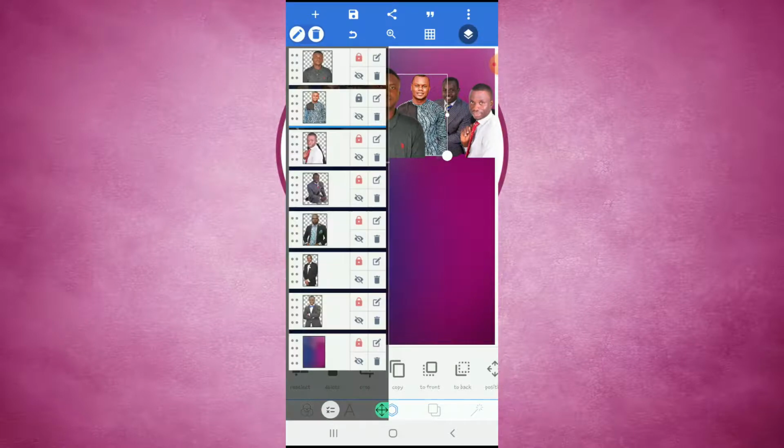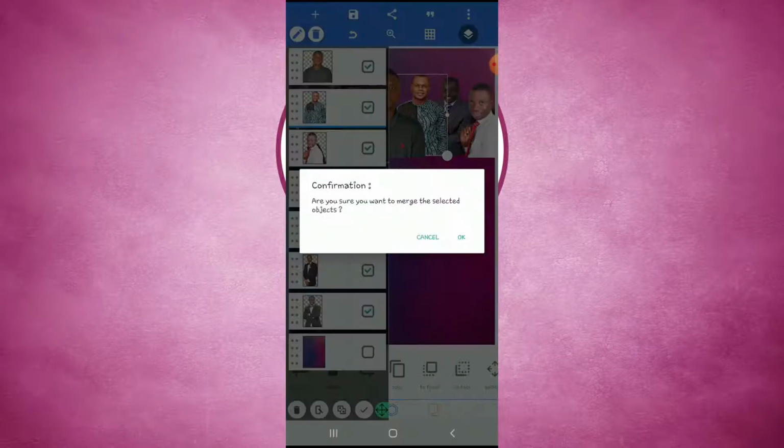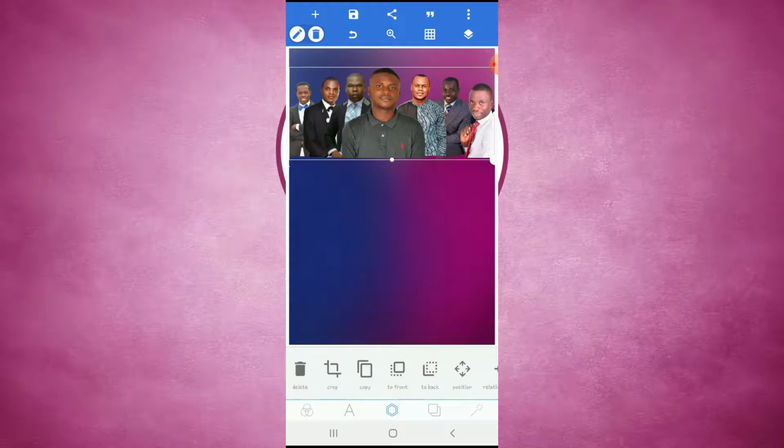So what we want to do is let's merge all together. If you are done with the aligning, you merge all together by clicking this. You click this and you select this and you click this one. Are you sure you want to merge the objects? Yes. So they have been merged, and